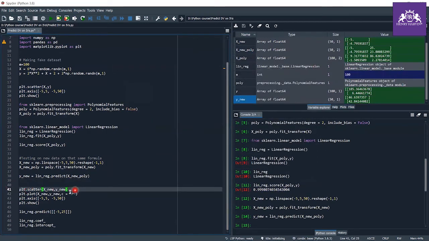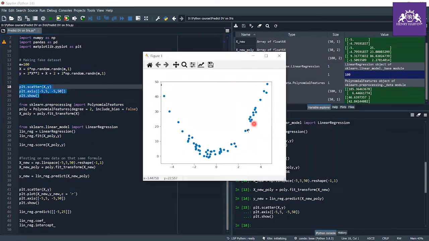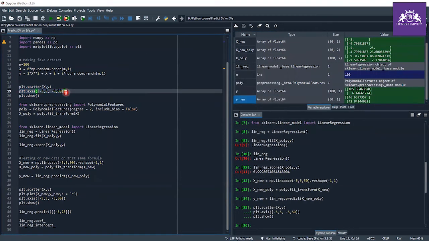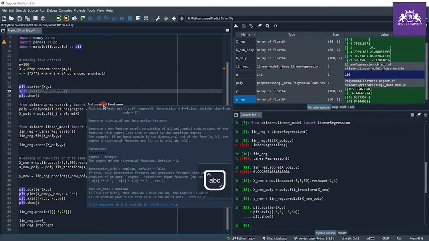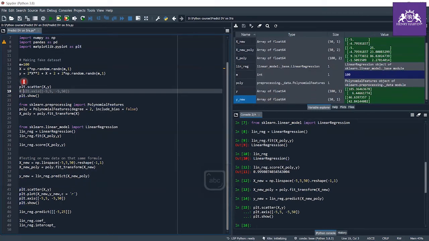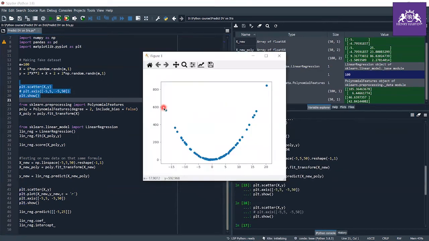Here I just use plt dot scatter x and y. When I do this, I see the data, and you may be wondering why I added this line of code. As you can see, if I don't maximize this graph, you can't understand any points, like where this point is and where that point is.